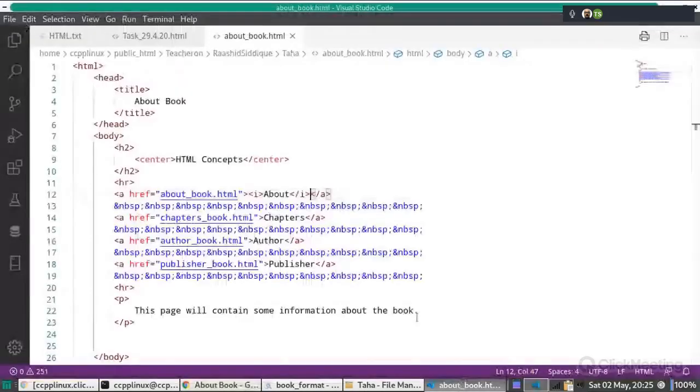Do you understand? Yeah, but for my task 21.4.20, how do you merge that? Even if you don't use the NBSP tag, how do you merge it? How do you mean merge? He's showing you. You don't want to use this NBSP semicolon. So actually, what do you want to do?